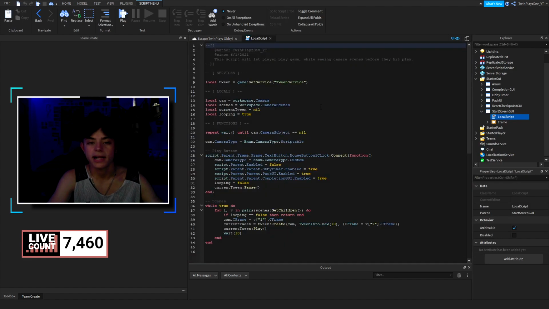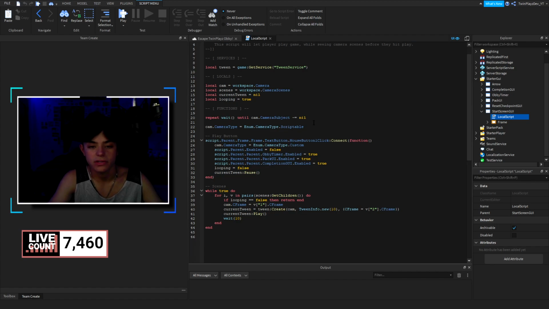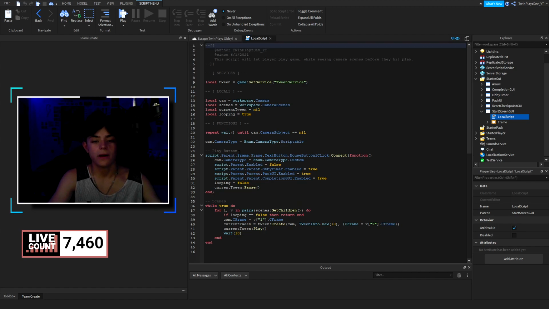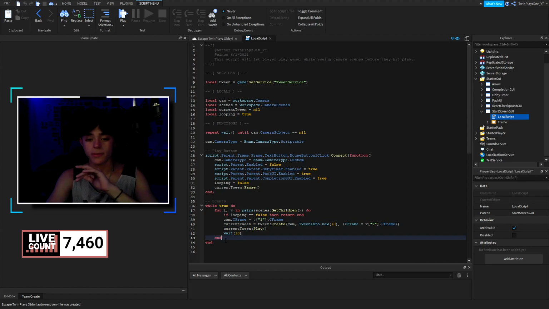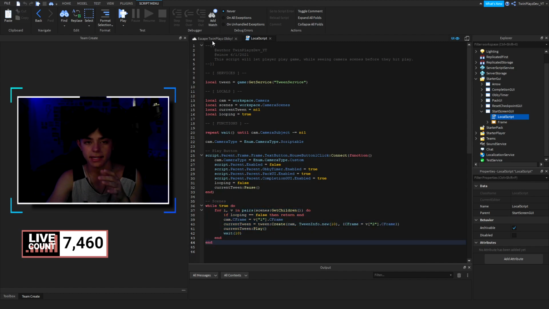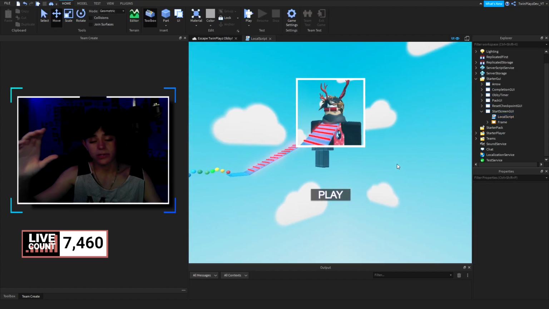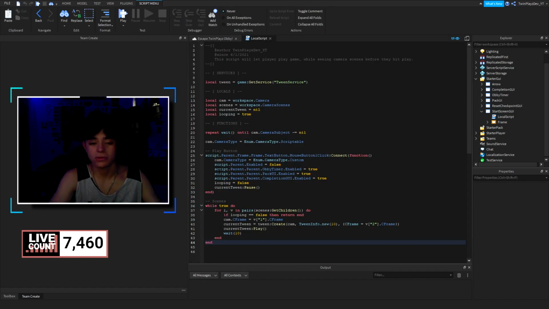Of course, in here it has a few things, okay? So this is where we're doing the tween service, and we're doing a lot of stuff. Automatically, we're going to be making a camera, and we're tweening it. I talked about this in my Tycoon video, but we're going to be tweening the cameras and everything, and we're going to let the person see what's going on. And we're going to keep doing that until they click play.